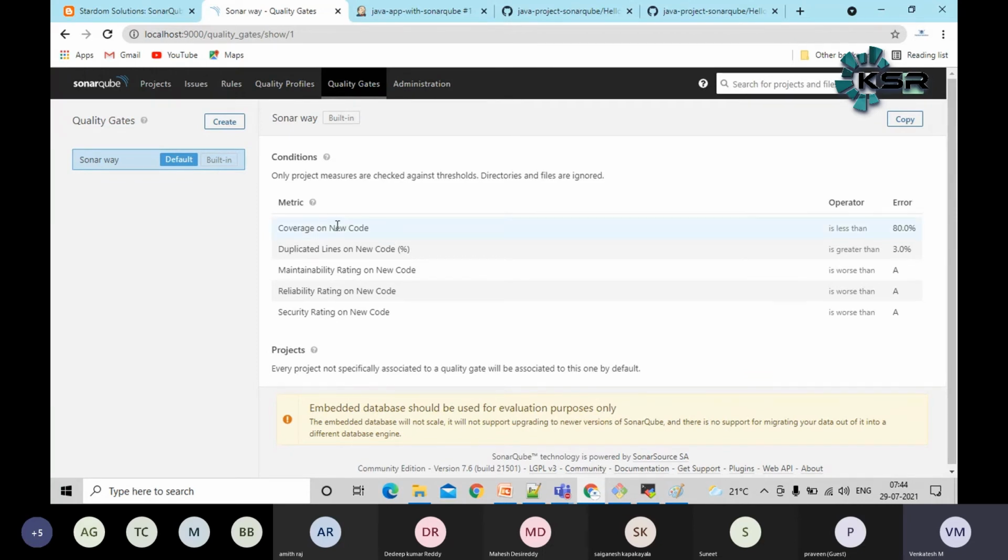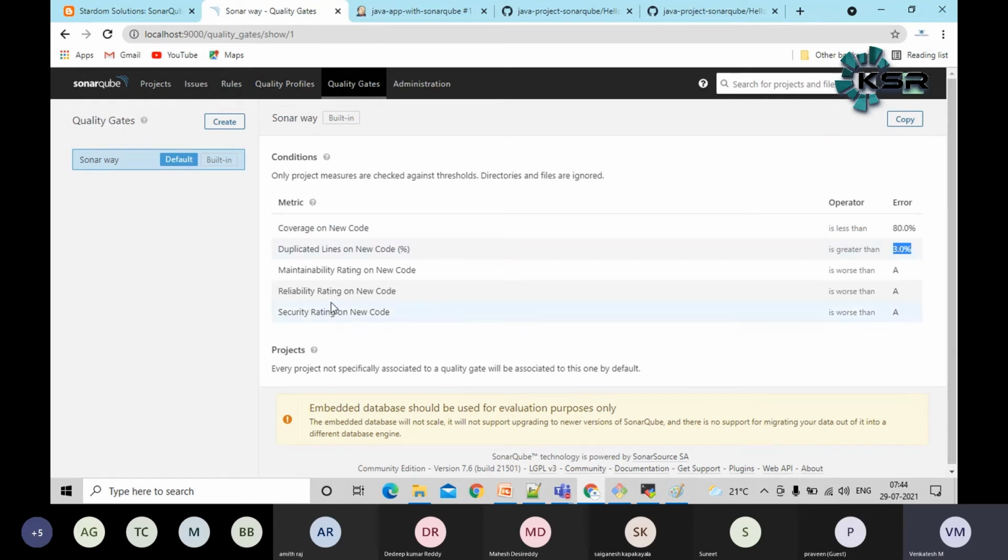Mostly they will ask, what is the default code coverage in the Sonar Way quality gate? It's just 80%. Okay. Then duplicated lines of code. Is there any duplication of code? SonarQube can identify it after scanning. If the percentage is more than whatever percentage we have given here, it will mark it as failed.